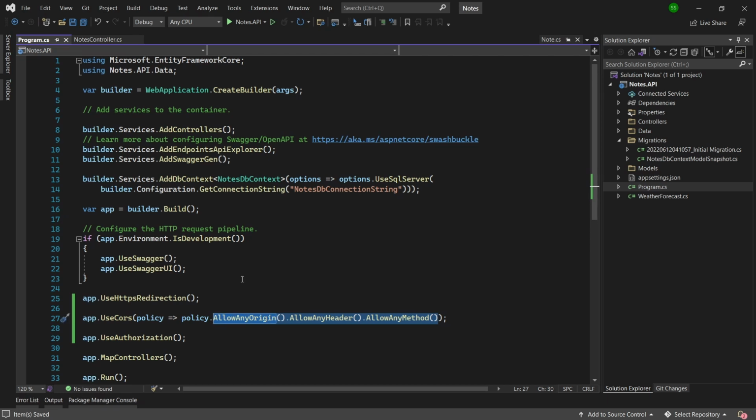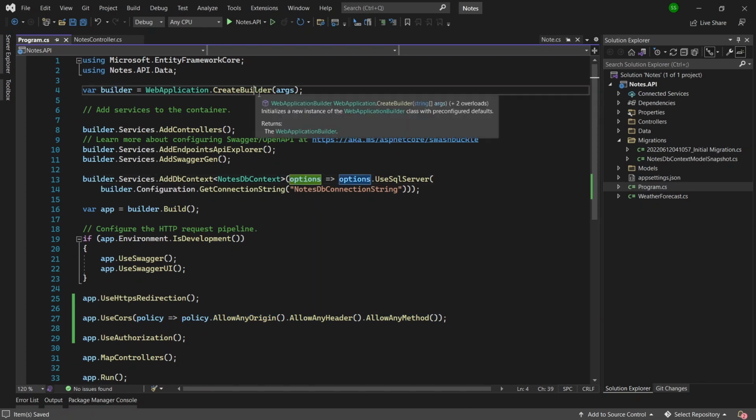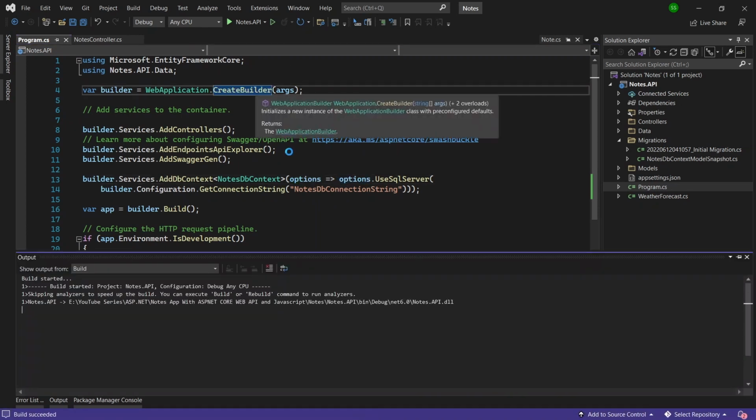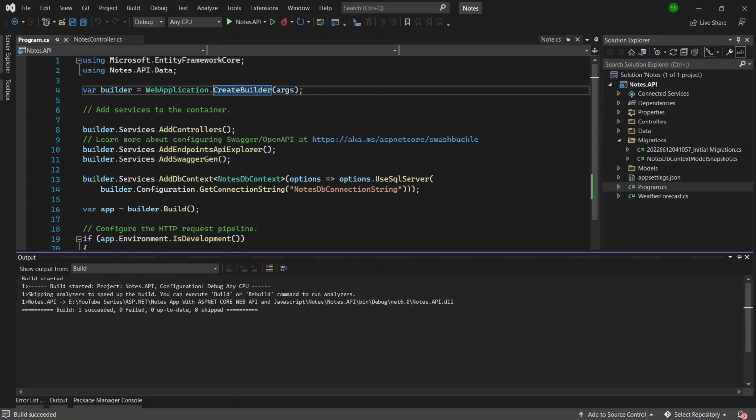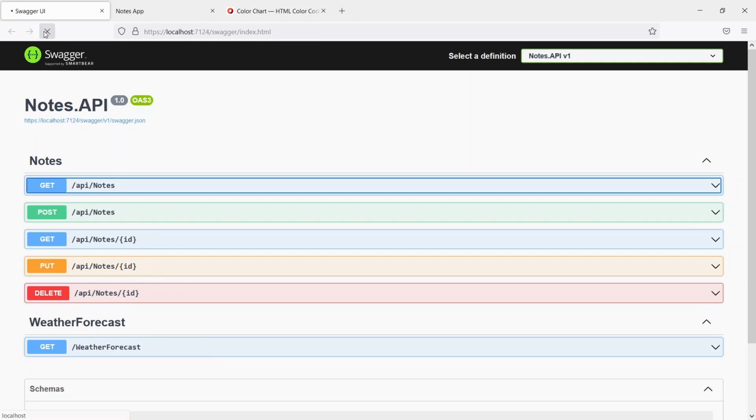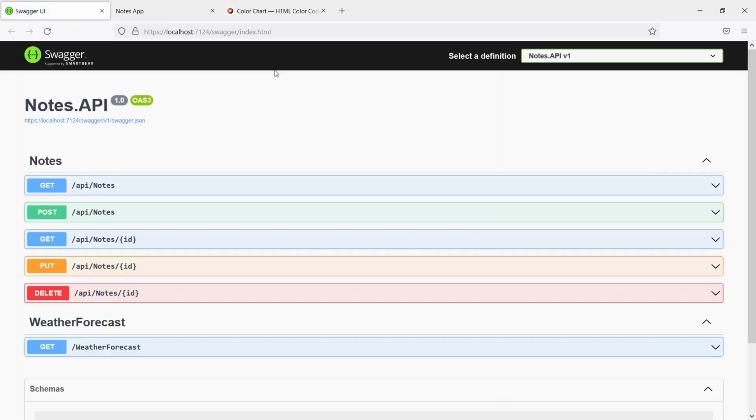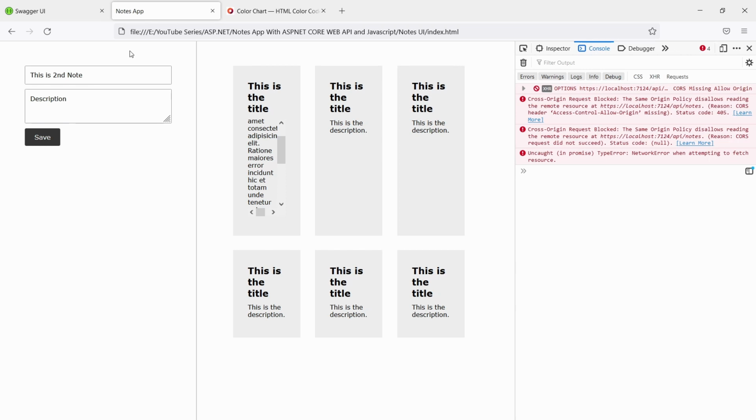So now our API is ready to take some calls. If I run it again, now our JavaScript client should be able to talk to our API. I'm just waiting for this to run, and if I refresh Swagger, this is running as well. So I'll come back without doing anything. I'll just hit that save button again, and this time we should be able to save it. So if I click save,